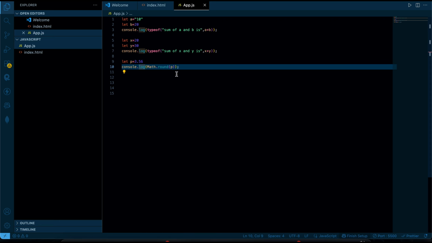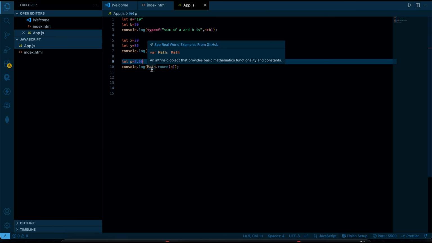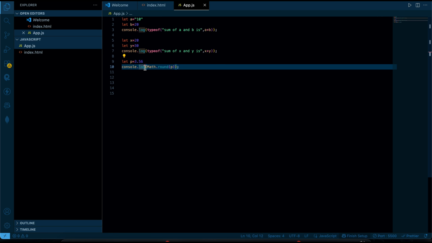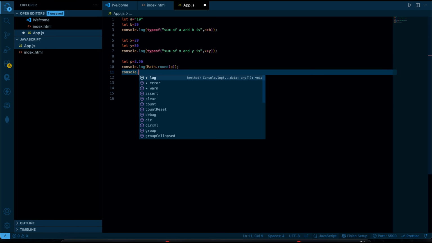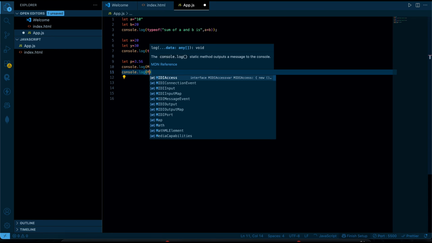It will round off this variable. It's like normal math, we do round off, no? If this value is greater than or equal to 5, it will return this value plus 1, right? So this is one thing. Also we can check